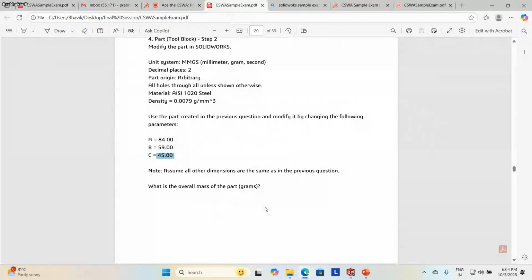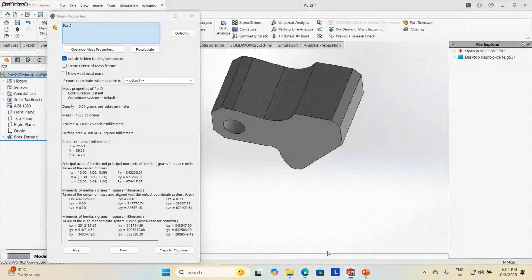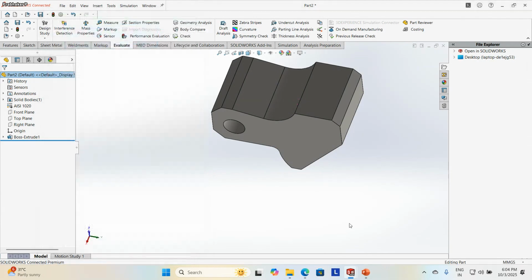So sometimes they will not give the options at all. They will just give a fill in the blanks kind of thing, a blank will be there. You have to enter your value. So there you have to just measure this value and enter this particular value. Then you will be answering the question.